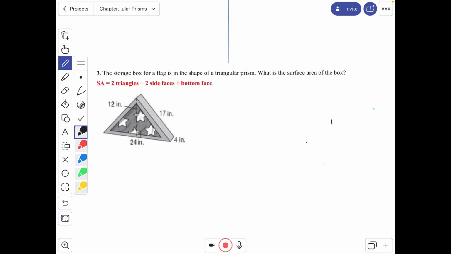Let's talk about question 3. The storage box for a flag is in the shape of a triangular prism. What is the surface area of the box? So there are 2 triangles. You can see those on the front, and there's one on the back you can't see. The formula for that would be 2 times base times height divided by 2,